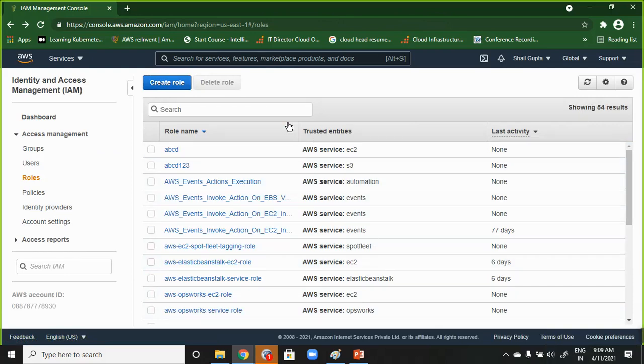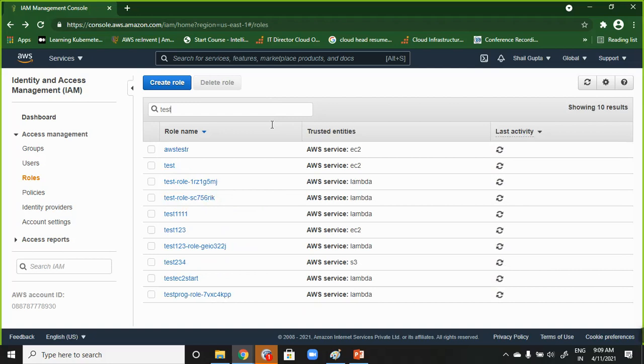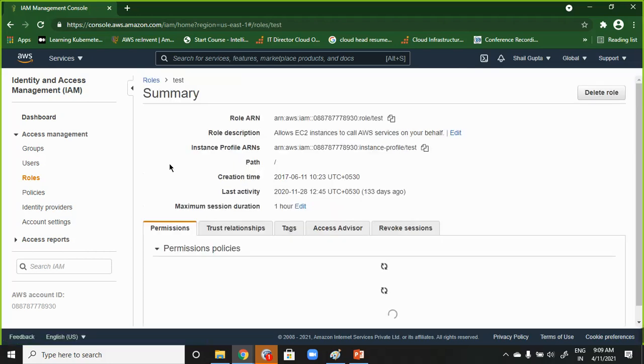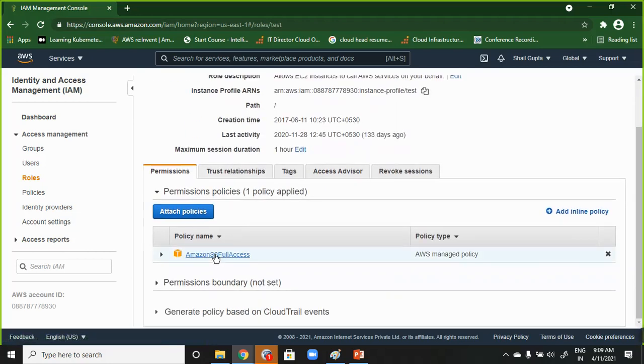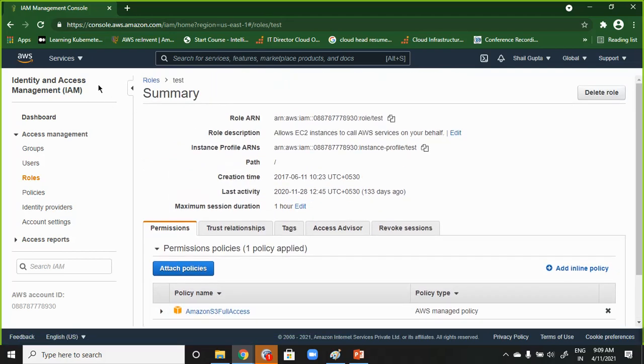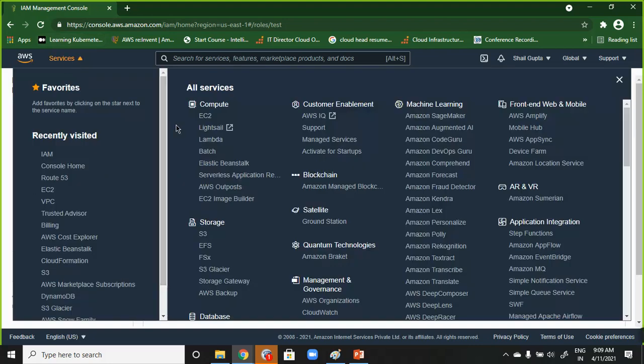And let's say, for example, I created a test role, right? In this test role I have given full EC2 access, right? So this role I can assign to the EC2. How? I go here,